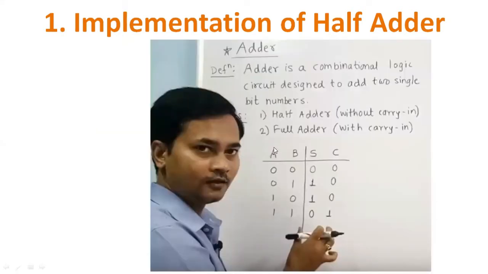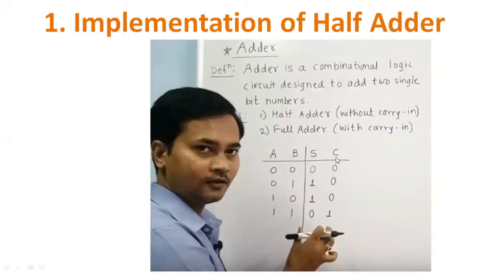So this is the truth table of half adder. You can just see here. A and B are the inputs. Only 2 inputs are available. So 2 inputs make 4 combinations, that is 2 raised to 2 equal to 4, right? And it has sum and carry out outputs. Sum will be the ones digit in the total summation, and carry out will be the tens place